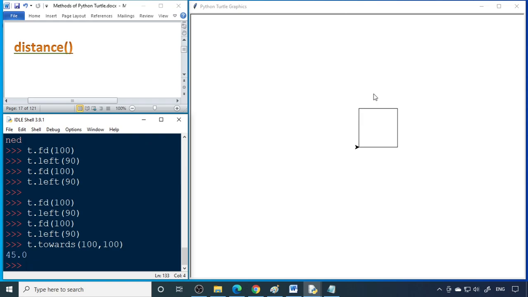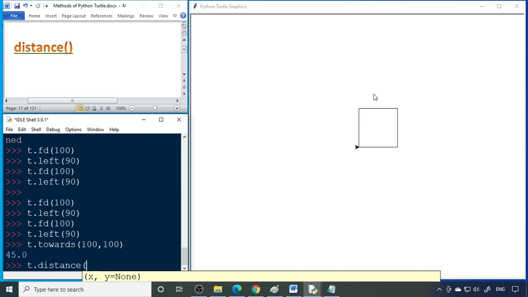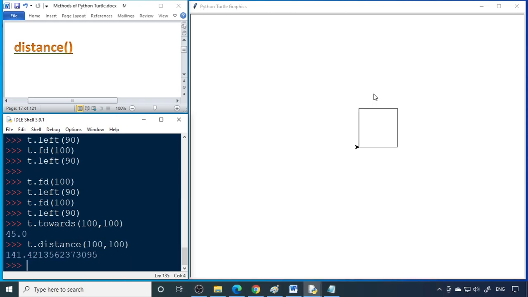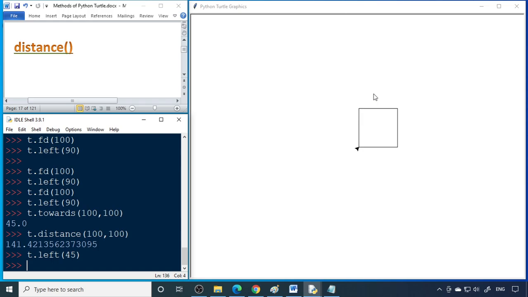So you should go to 45 degrees. And what is the distance you should travel? t.distance, that is 100 comma 100, that particular location. So it is 141.42. Now we can turn the turtle t.left 45 degrees. Then what distance should it go?